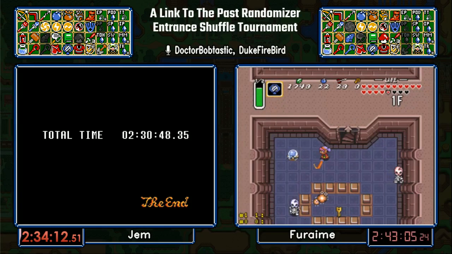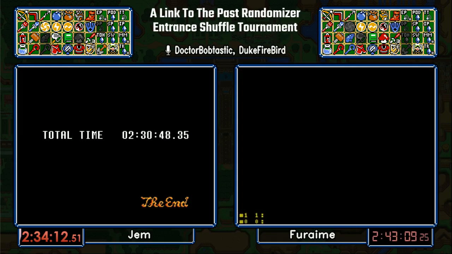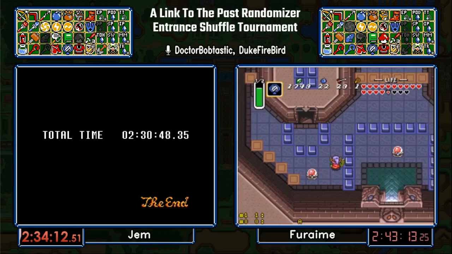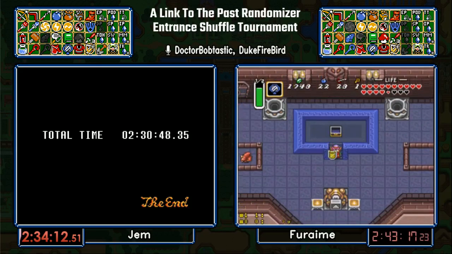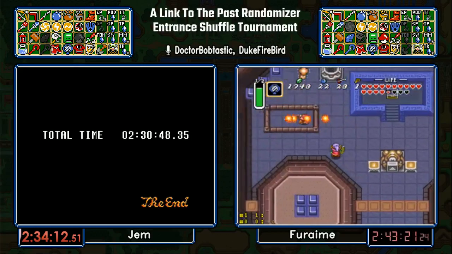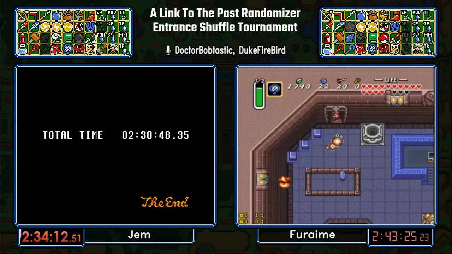There we go. He remembered. Looks like Furaime is going to find the Tower of Hera. All right, there's his go mode. Now he's in go mode. He is on his way, and I think he was very angry. Little bit of frustration. Meyer was bombos. Thank you, Rice Ball. Okay, not that it was needed, but...